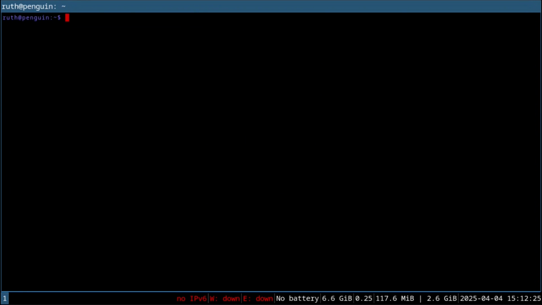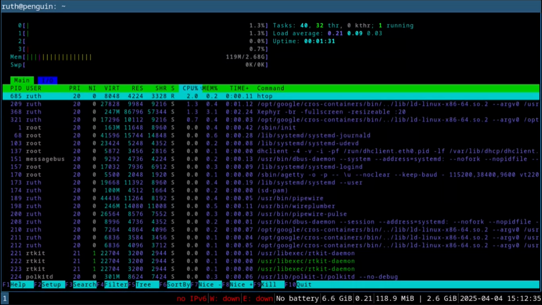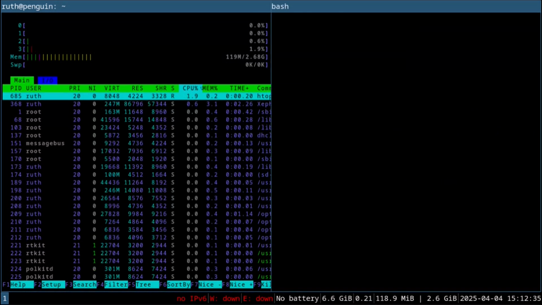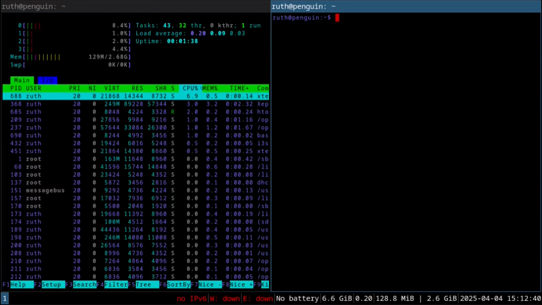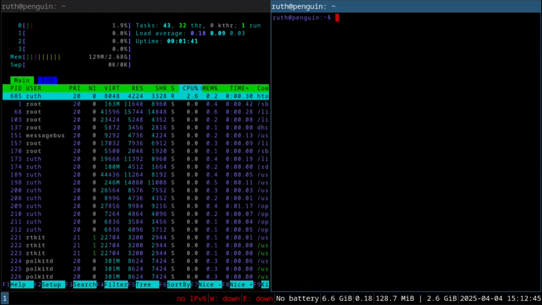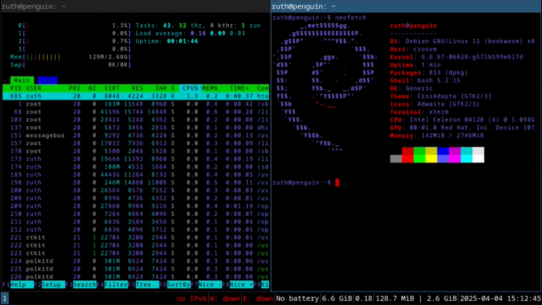Now I'm going to show how to recreate the screen that I showed in the thumbnail. To do that, we will first execute htop to launch htop, then we can do Alt-Control-H to open up the next window horizontally, and then press Launcher Enter to open up another Xterm window. From the second Xterm window, we can execute neofetch to display our system information,